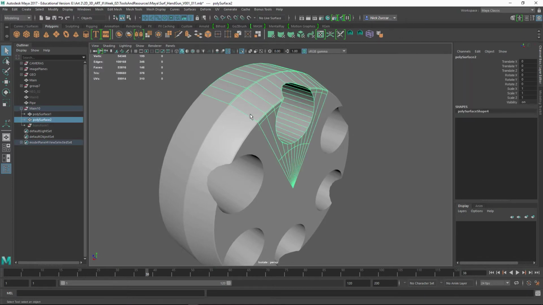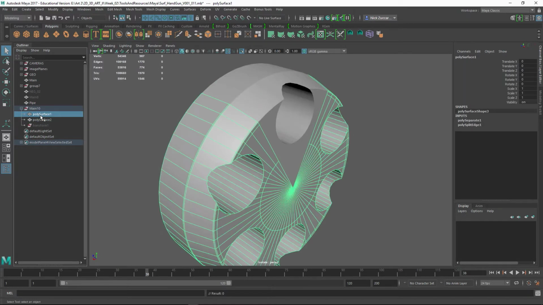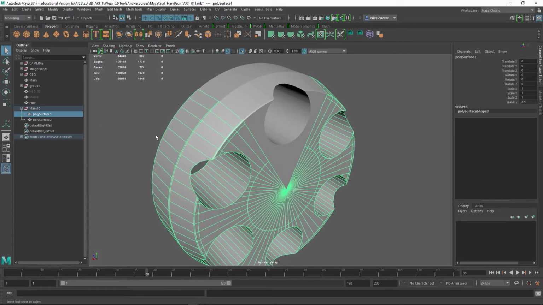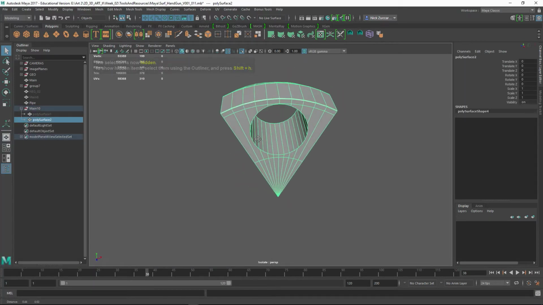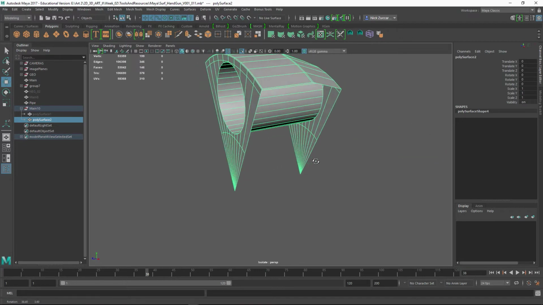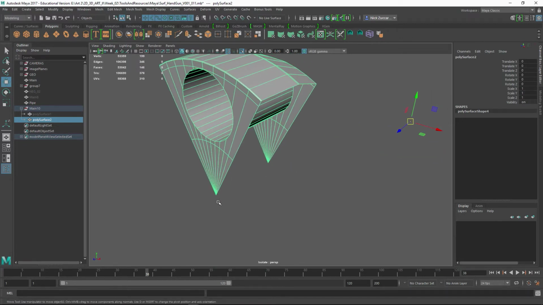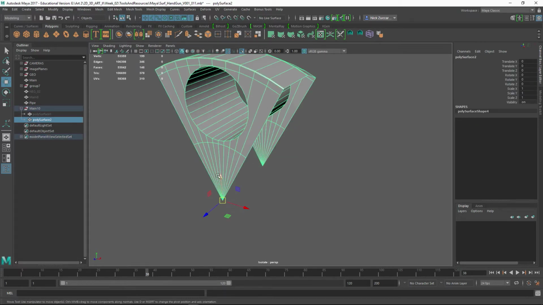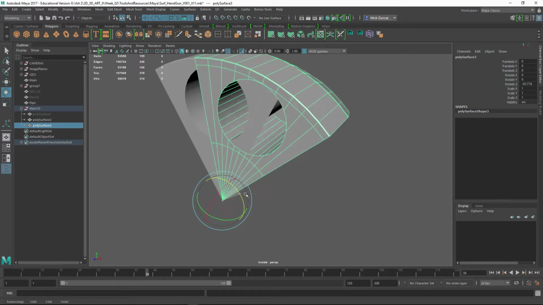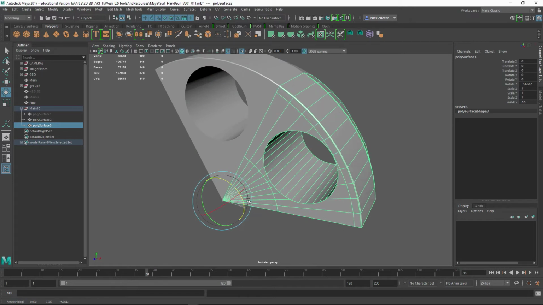So if I delete history on that and this piece, let's just hide that for now and just test this out. So I'm going to select this, and I need my pivot point to be right here. So I can just hit D, hold down V, snap right here, like that. And now if we hit Control D to duplicate and we rotate, so you put on E and then hold down this. Actually, I need to just rotate it around. I think this is going to be, let's say,